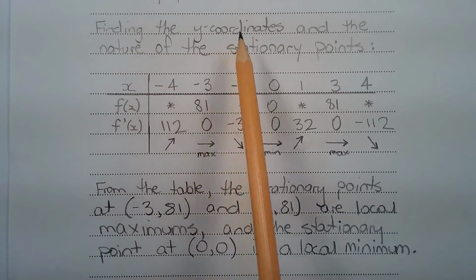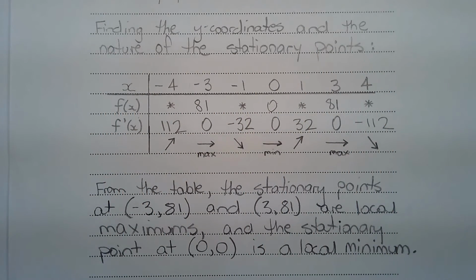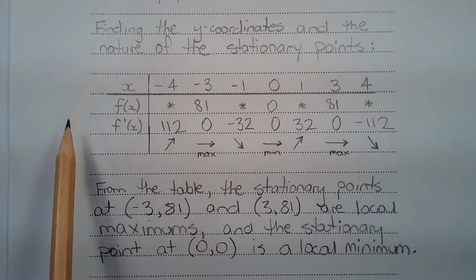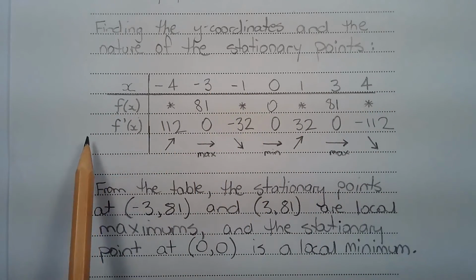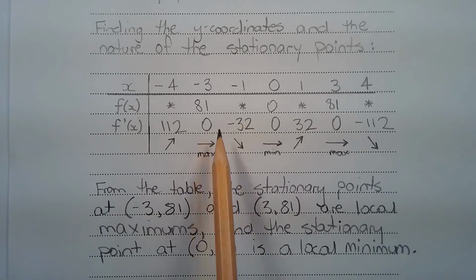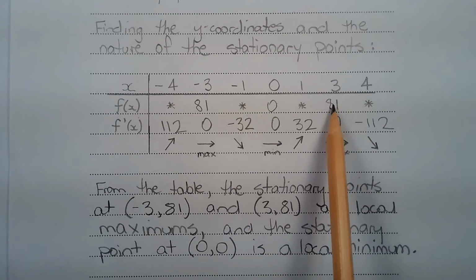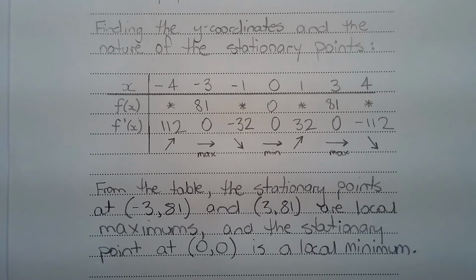The next step is to find the y-coordinates and the nature of the stationary points at x equals negative 3, 0, and positive 3. And I've summarised the findings in this table. So this is the table of gradients. The first row are x values, the second row are y values, and the third row are gradients, or the value of the gradient at those x values. So at x equals negative 3, 0, and positive 3, these are our stationary points. The y values are 81, 0, and 81, and we get those by substituting x equals negative 3, 0, and positive 3 into the original function, that is the function f of x equals 18x² minus x to the power